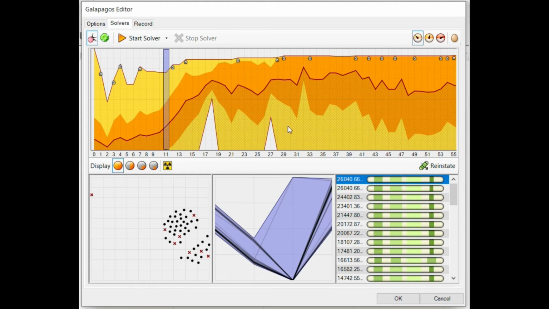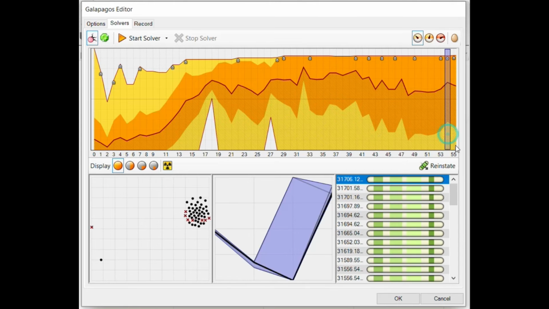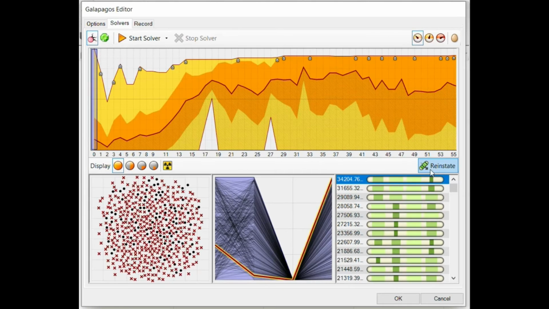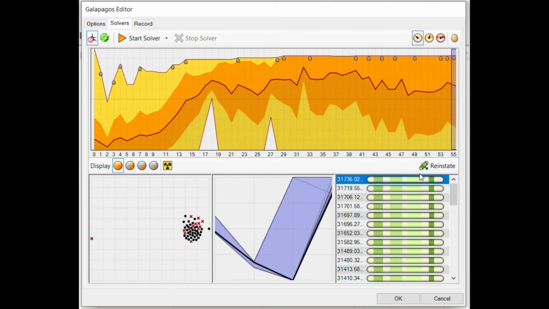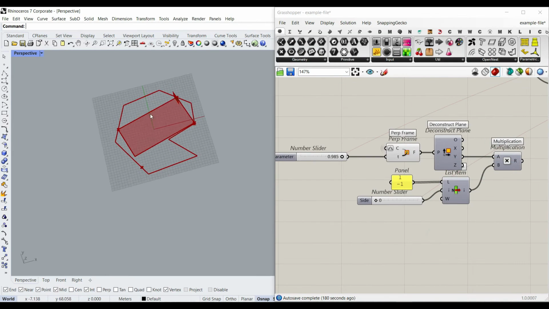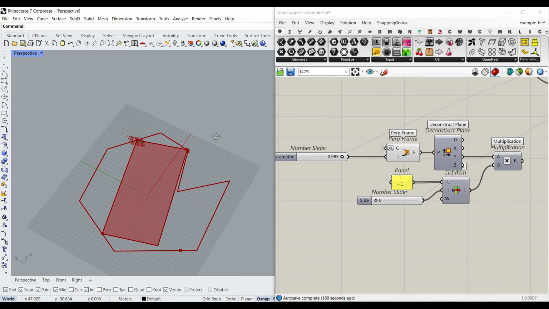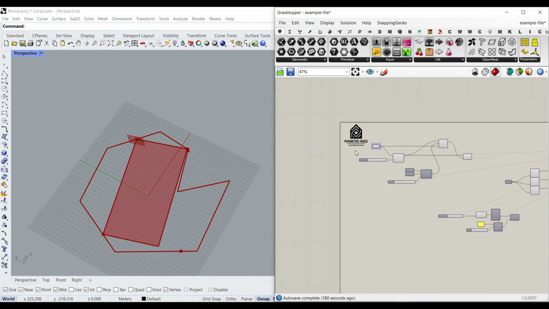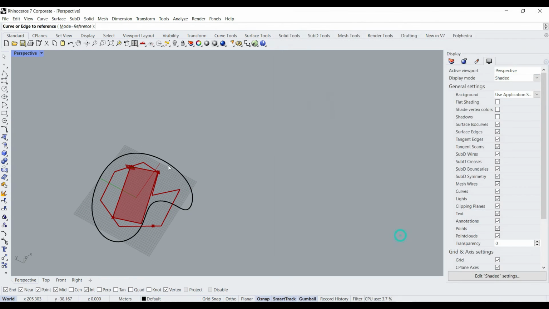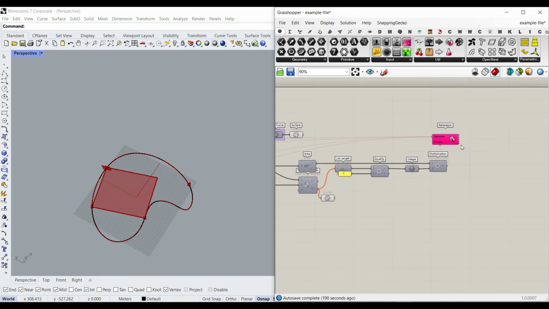I guess that it doesn't have any way to produce that number in the other parts of the steps, so you can rely on the first step, like this is the maximum one you can get. But for this one, it's 31,000, so it's a little bit smaller, but anyway, this is the best solution we can get, and you can use the Galapagos to find the best results. And if we want to, we can give this to any curve. Maybe we just want to define a curve